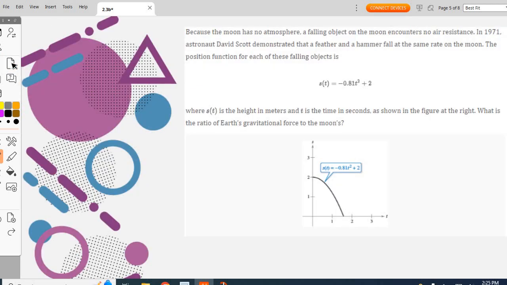But like I said, most of the time, let's look at some application problems of this. So it says, because the moon has no atmosphere, a falling object on the moon encounters no air resistance. In 1971, astronaut David Scott demonstrated that a feather and a hammer fall at the same rate on the moon. The position function for each of these falling objects